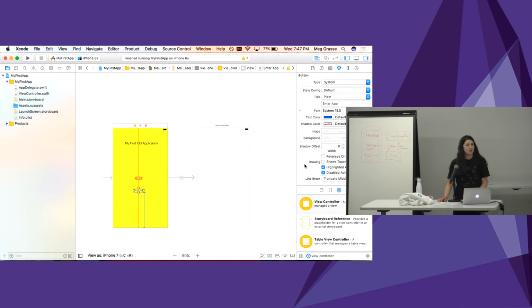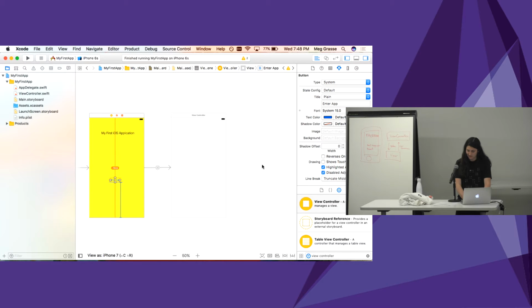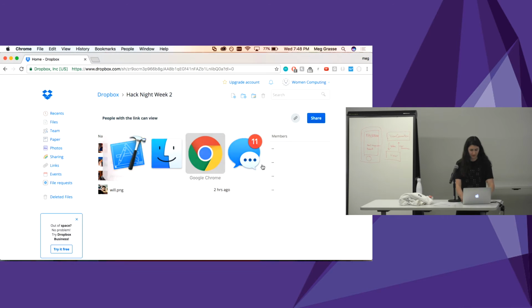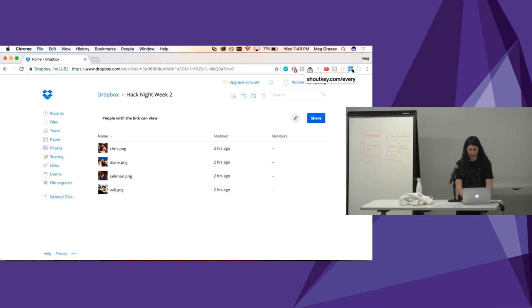So now that we understand how to make the UI, how to add a couple iOS elements, and how to do some navigation, we can get into the actual heart of the application we're going to make. We're going to be doing a photo viewing app featuring some of our lovely Hack Nights organizers back in their prime when they looked real good. So the first thing we're going to do is download the pictures that we're going to use for our photo app. I'm going to shoutkey that. So if you can go to shoutkey.com/every